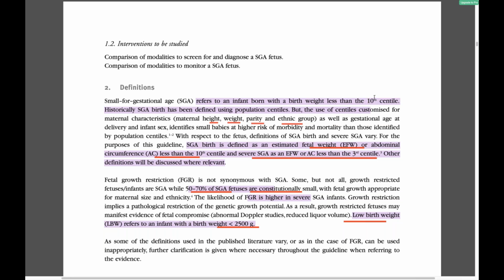It is an infant born with a birth weight less than 10 centile. Yes, so less than 10 centile is SGA. And